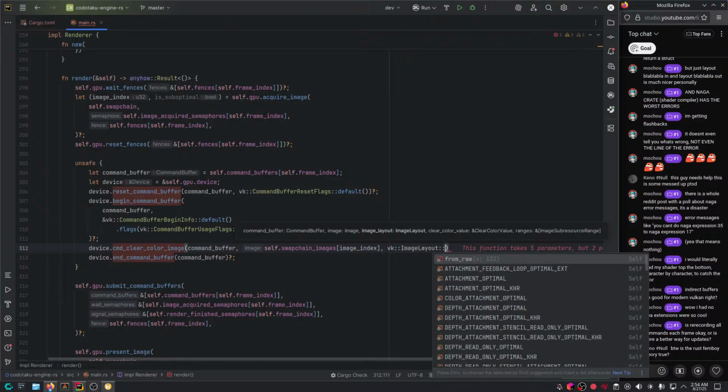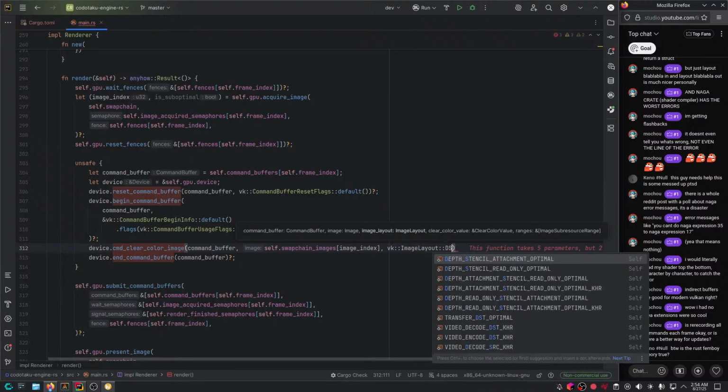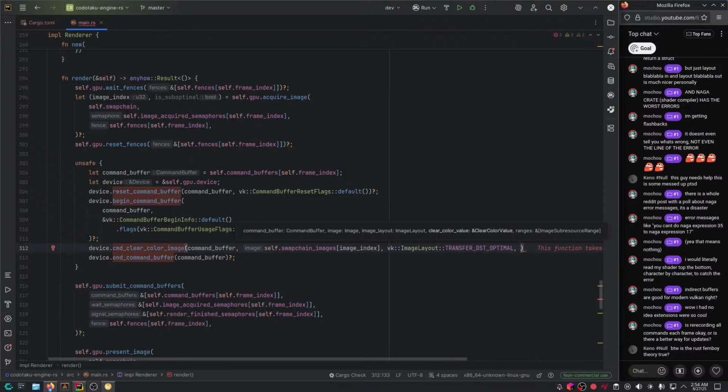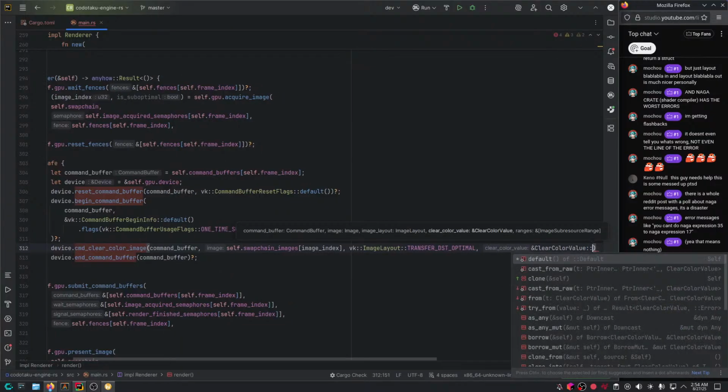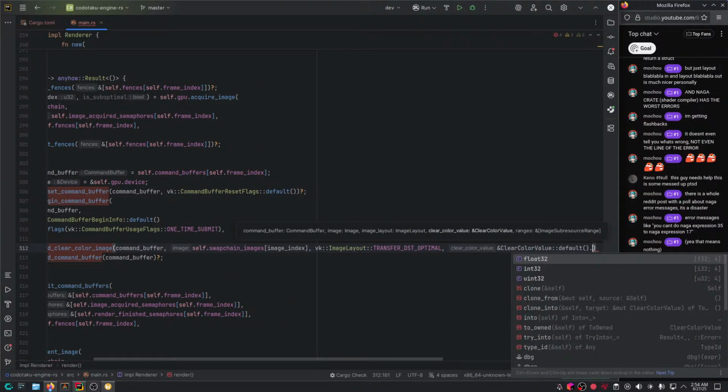It's gonna be basically transfer DST optimal, which is the best layout for this operation, and the clear color value. Default. Since we're using sRGB, we should use float32.